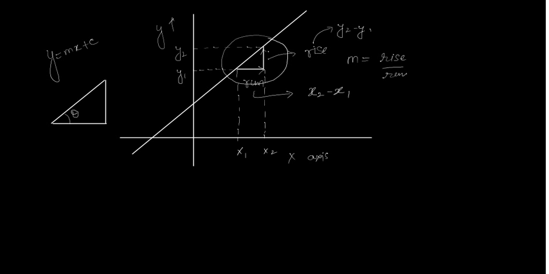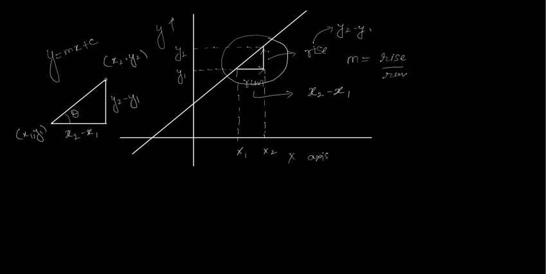I already proved that this value is nothing but y2 minus y1, because it's a magnification of this one, and this value is x2 minus x1. If you see, the coordinate of this point is x2 and y2, and coordinate of this point is x1 and y1. Okay,